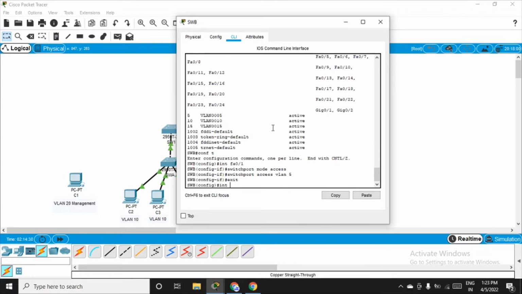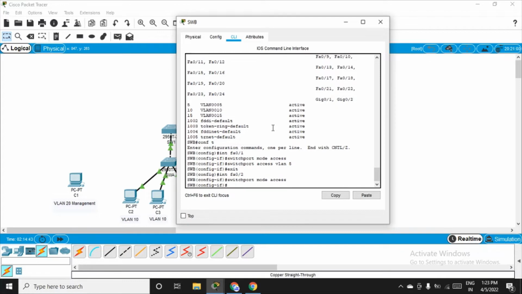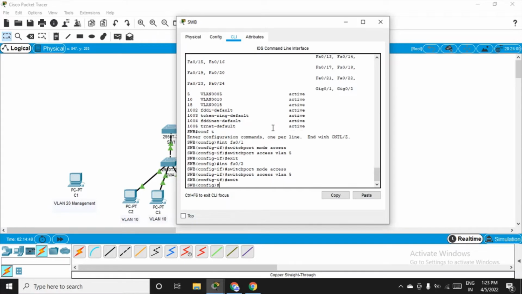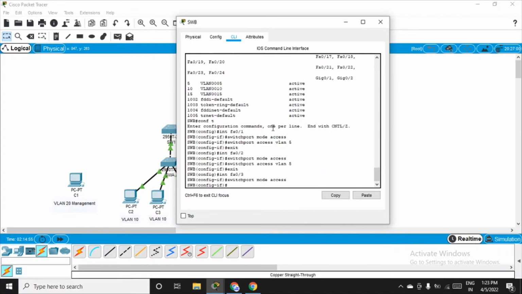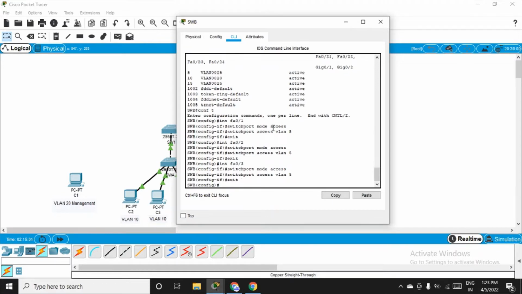Now we'll go with FA0/2, the second interface, same commands: switchport mode access, and then done, exit. Now interface FA0/3, VLAN 5, exit. Okay, and the last one, interface FA